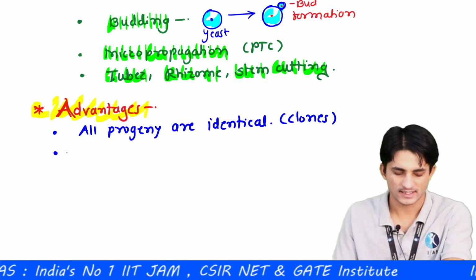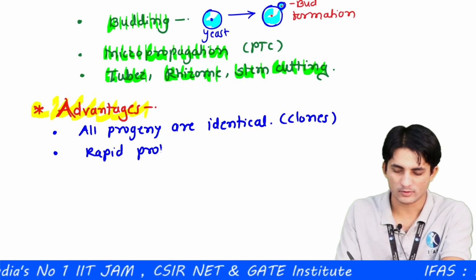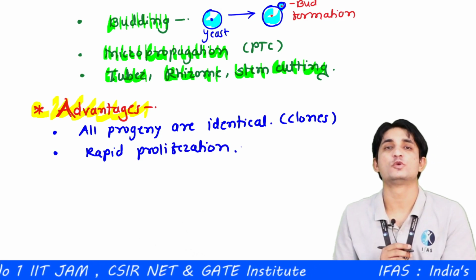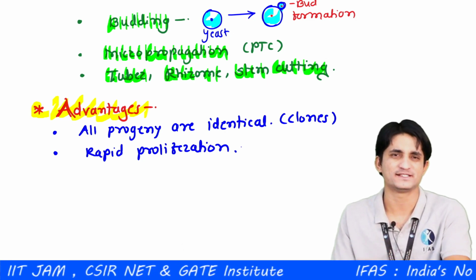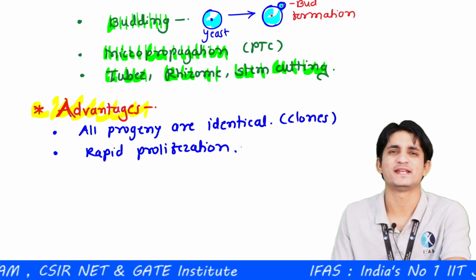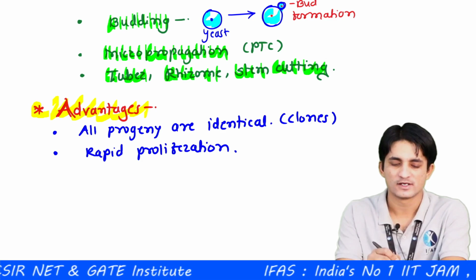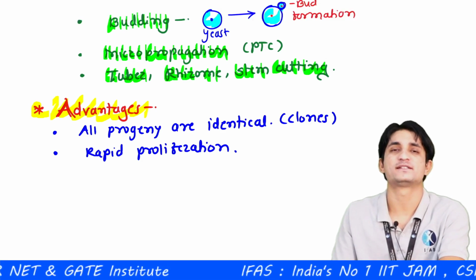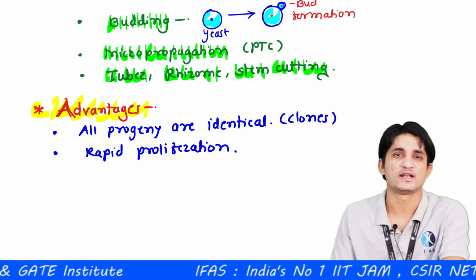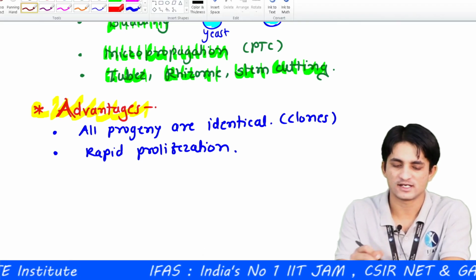Then the second advantage is rapid proliferation. So they are able to do rapid proliferation because a single parent is involved, no second parent is required, there is no mating, and therefore rapid proliferation is there. So within a small period of time, a large number of individuals could be formed from asexual reproduction. But here this is the advantage of